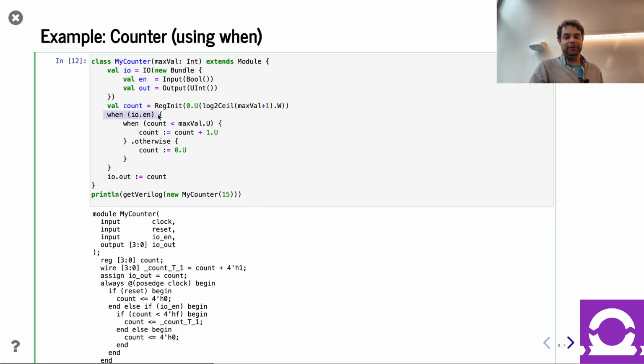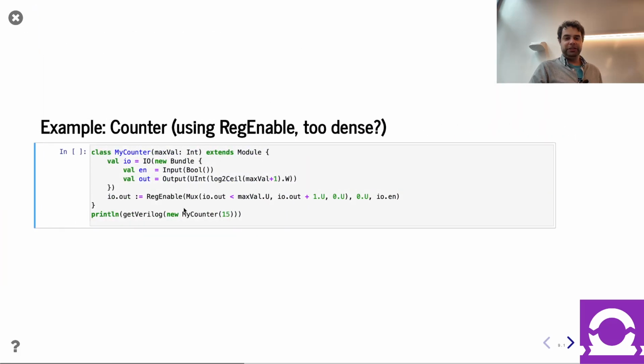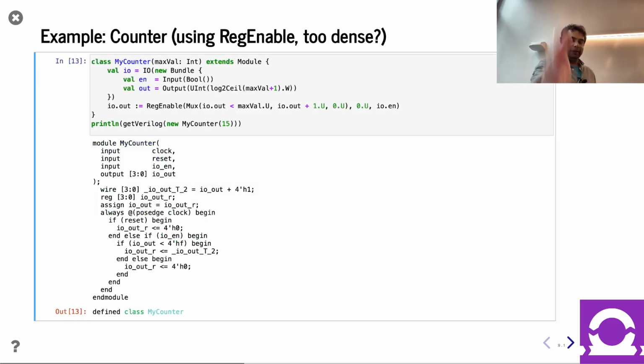And now that we have the when structure, let's see if we can't get rid of this IO enable by using the reg enable. And guess what? The whole thing can be collapsed into one line. So we have this mux handling the wraparound, reg enable for everything. Here's the initial value, here's the enable. We did it all in one line. And guess what? It's the same code. So if you're sitting there, staring at it kind of densely, that's why I hint on the slide,